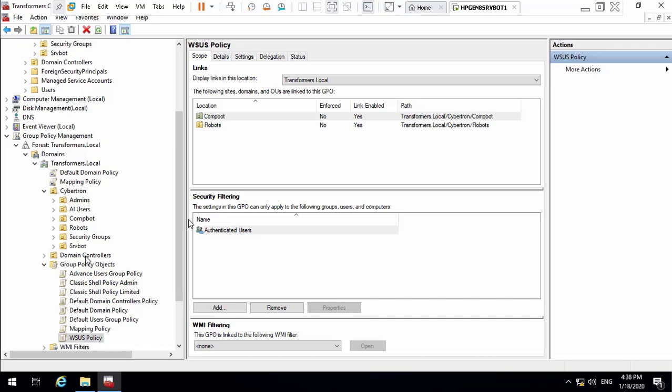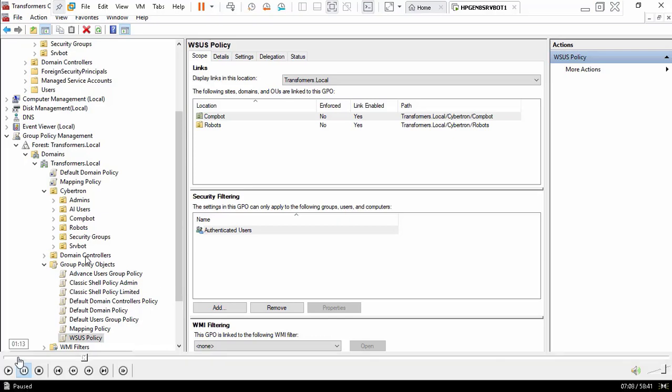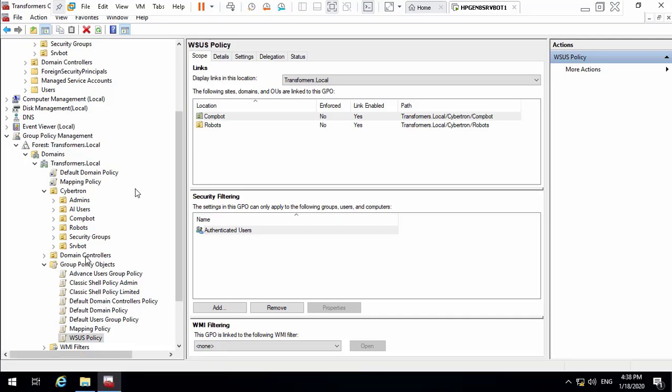So as we see, how many group policies? 1, 2, 3, 4, 5, 6, 7. We have about 7 group policies. Every one is linked to the respective OU. Okay, as I said. So now we can continue. Now we have already applied all of the group policies, so now we need to modify the default domain policy